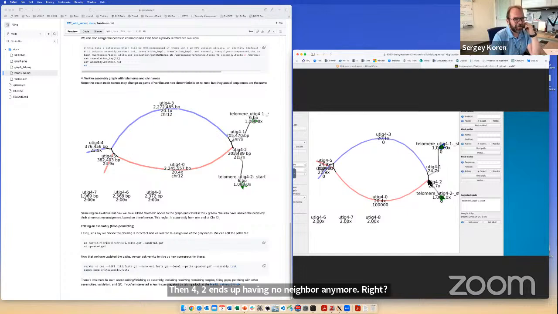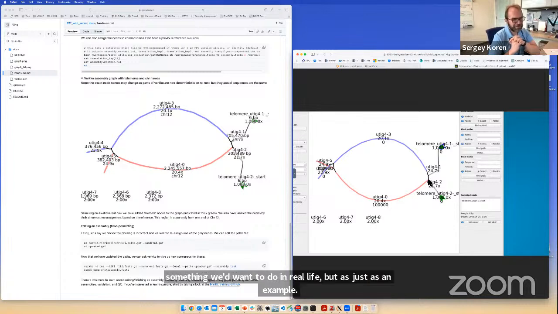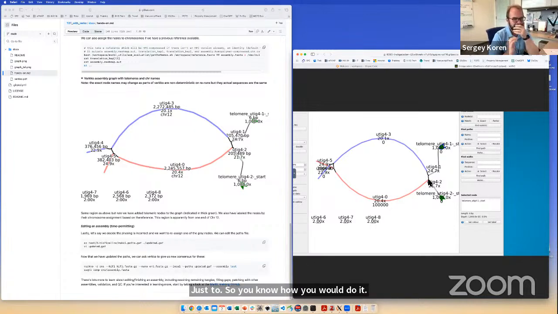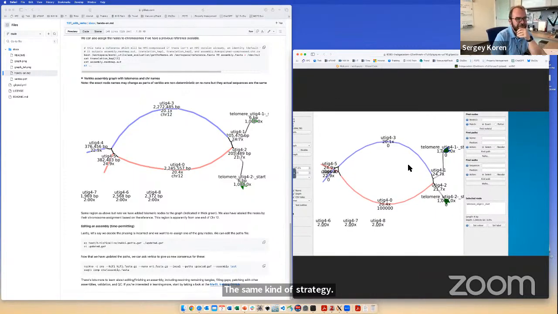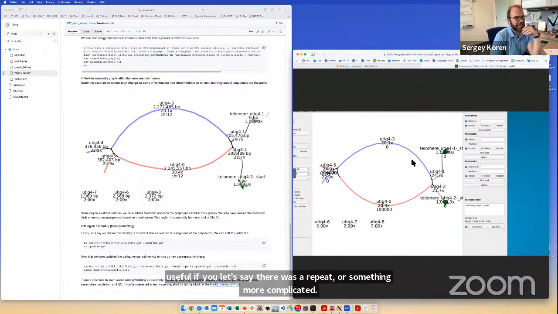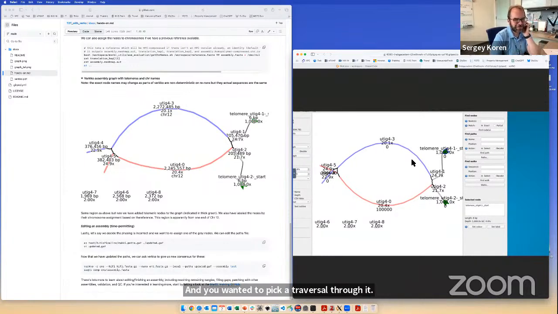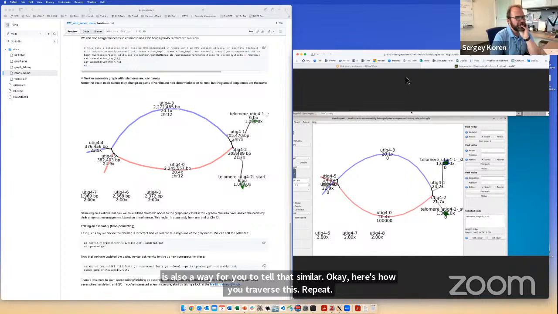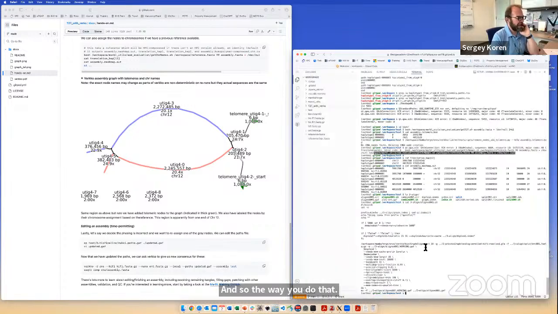So in this example, changing what the assembler did here is obviously not something we'd want to do in real life, but just as an example or tutorial, so you know how you would do it. The same kind of strategy is useful if there was a repeat or something more complicated, and you wanted to pick a traversal through it. This is also a way for you to tell the assembler, okay, here's how you traverse this repeat. And the way you do that is you can change the paths that the assembler uses. So we can take these paths that the assembler built,